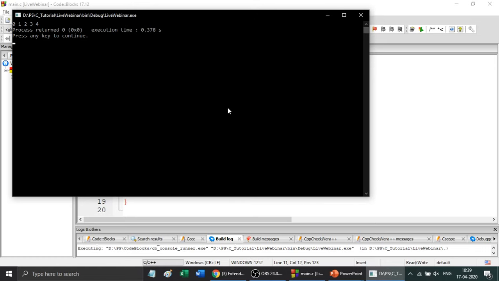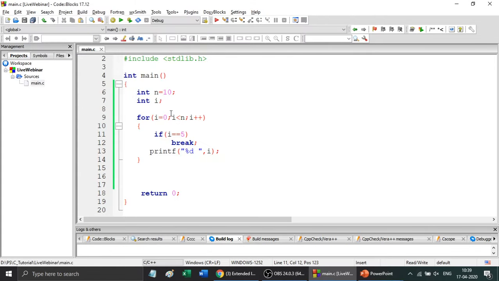So what is happening? The program needs to execute 10 times. In the earlier stage, it executes 10 times. So if it matches with 5, it is coming out from the loop. It is skipping the remaining statements and goes to the other statement.